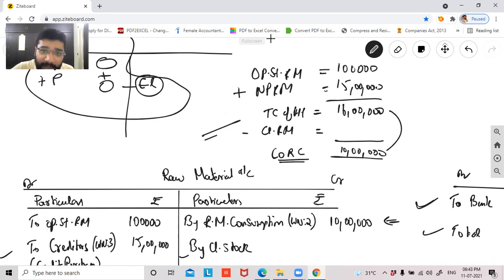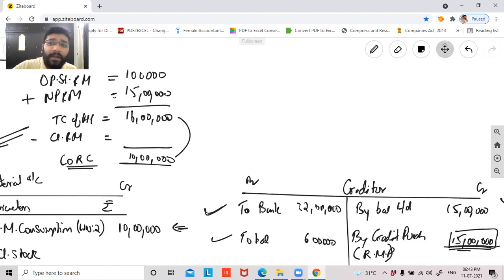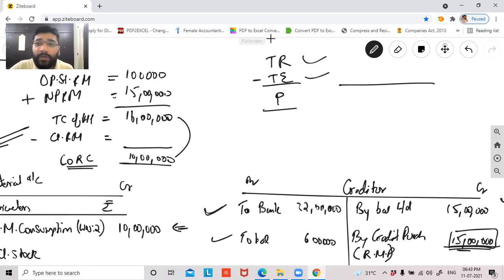This particular statement, guys, instead of putting in a statement format, they've put it in the ledger format. Accounts is all about statements being converted to ledger accounts. For instance, when we prepared our profit, we did total revenue minus total expenses and you get your profit. Instead of calculating in statement format, we started preparing ledger format. We recorded revenue here, we recorded expense here. The difference we got is profit. Same way this also, guys. Instead of statement format, we are doing it in the ledger format.